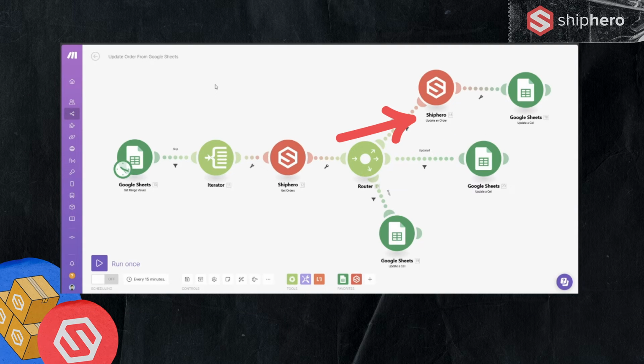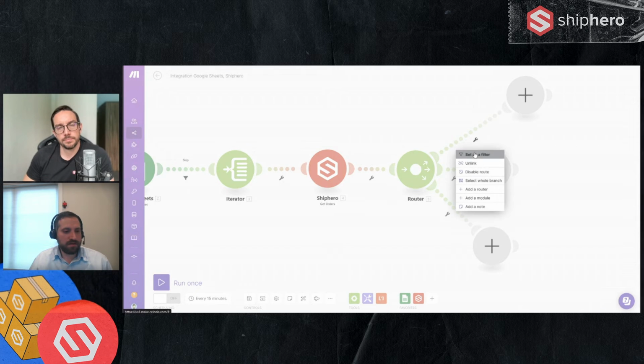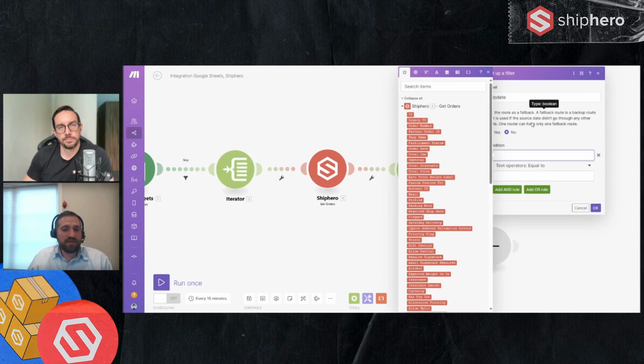We'll do the first branch for the one where we want to actually update. First, we're going to do a filter. We only want to update if, obviously, we found the order, so the order exists, and the email on the order doesn't already match what we want to update it to. Here we're going to add the condition where the email from the order, and this red is from the Shapiro module. So these are the fields that we can look at from the result.